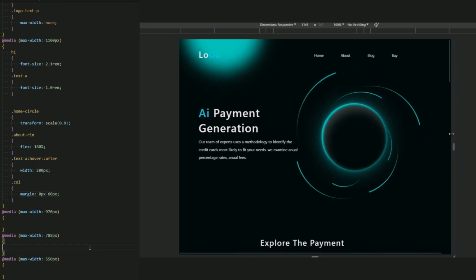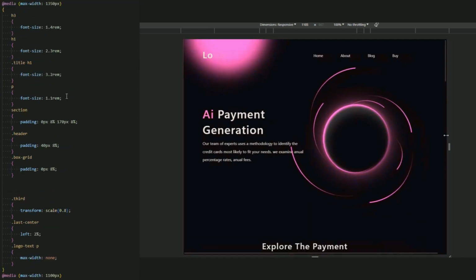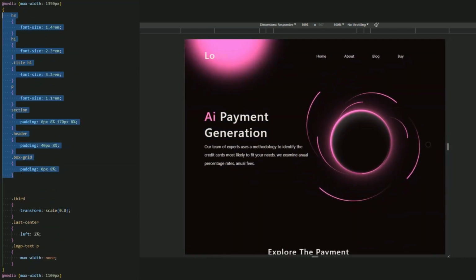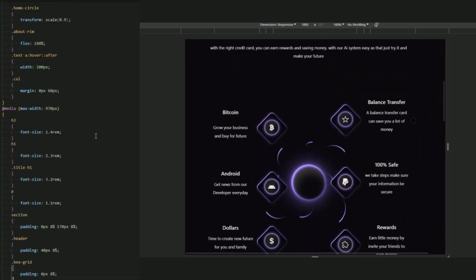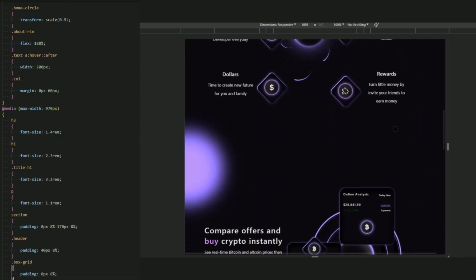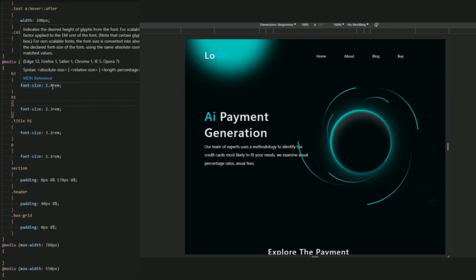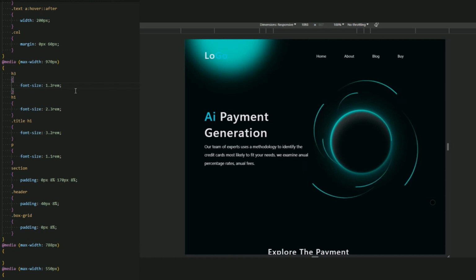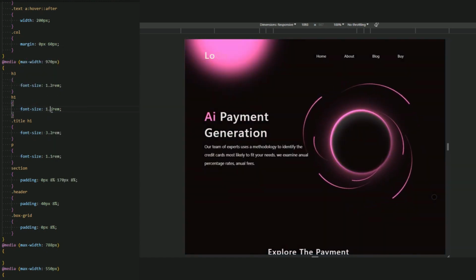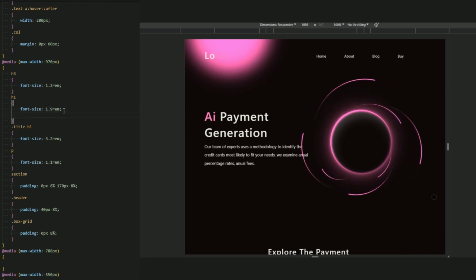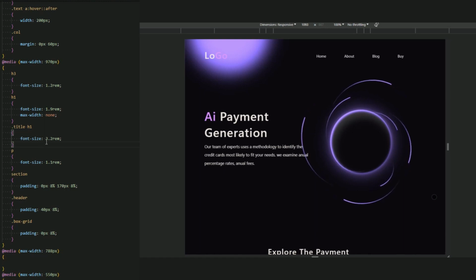And now for the next media, just copy this of this, copy this, paste it here. Okay, in this media H3 let be a 1.2 rem, H1 1.9 rem. Let me add the max width none, and title H1 be a 2.8 rem.